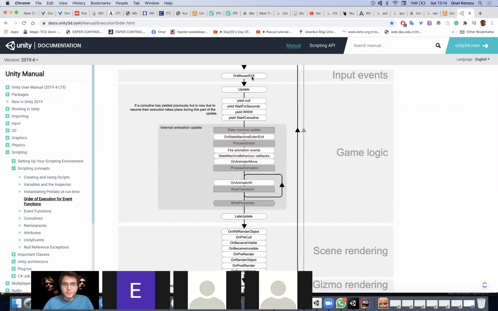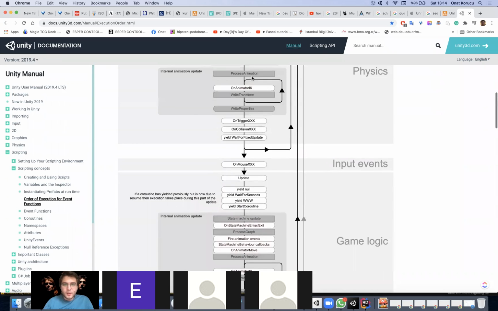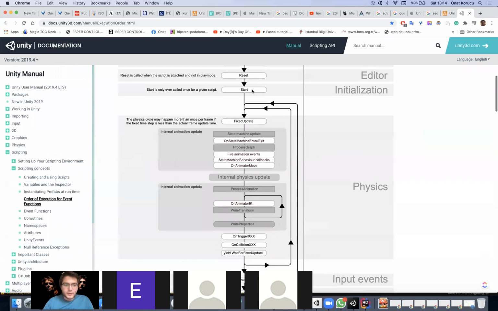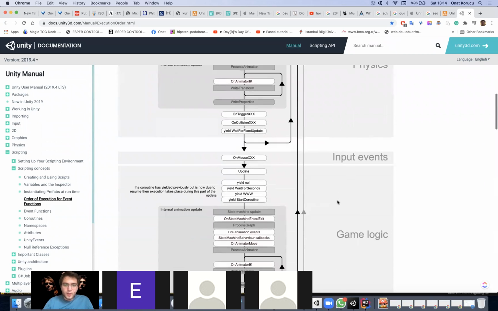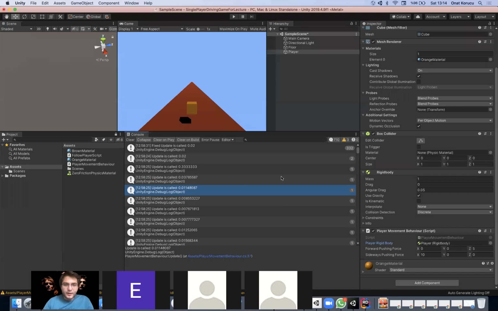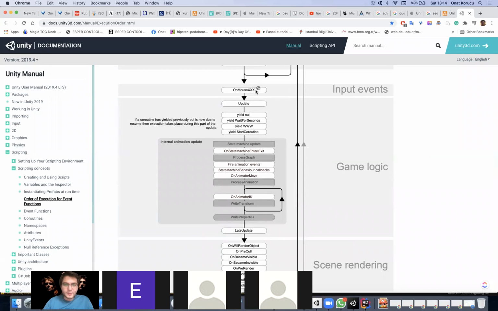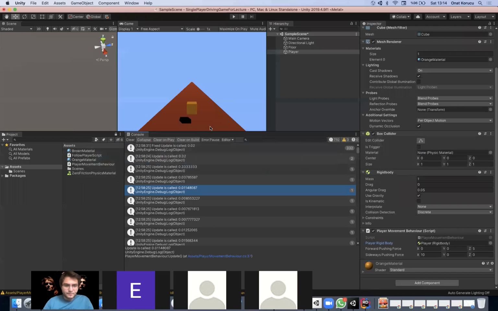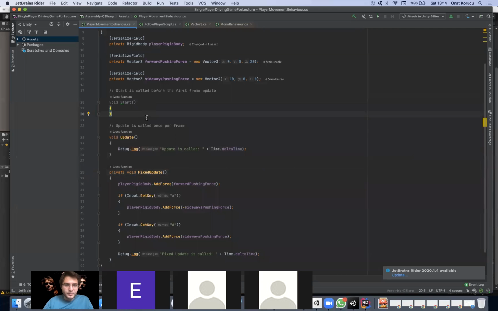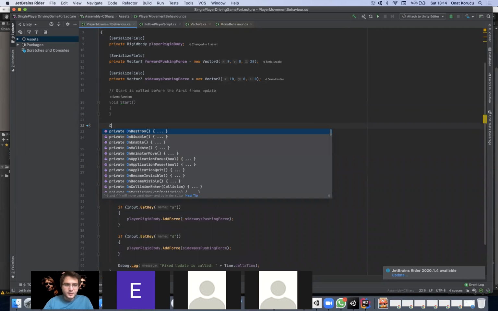There are some input events. So as you see, physics updates get called before input events. And there are, as you see, some more of the same. This is because there are different on-mouse methods. If we use IntelliSense of Rider,